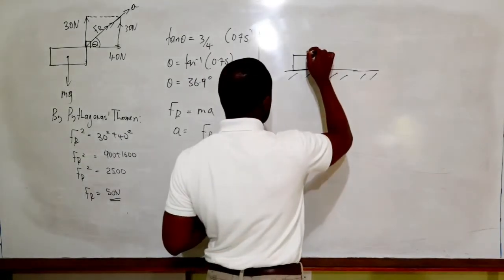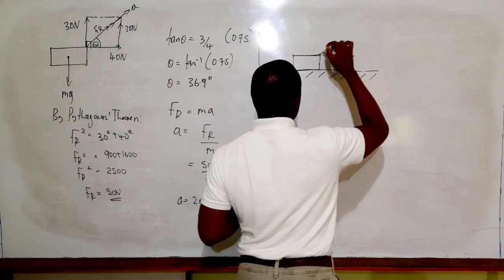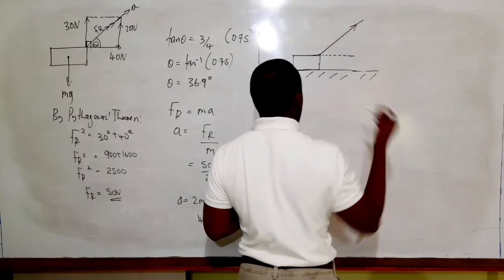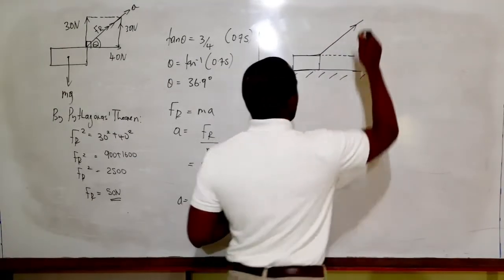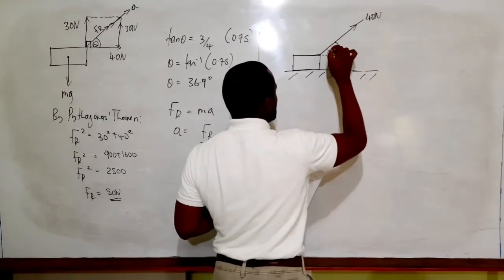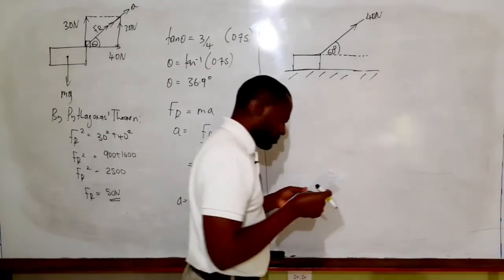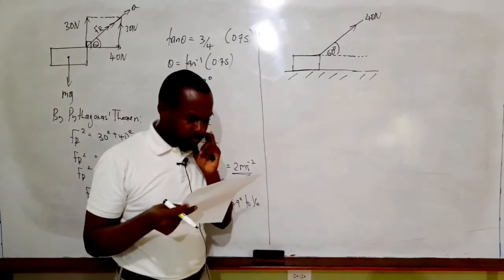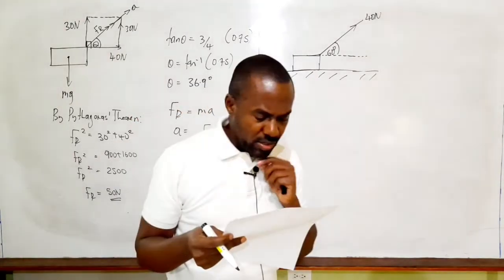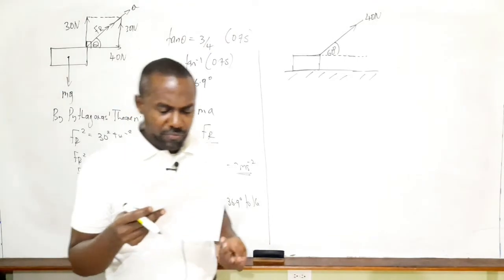So if this is the horizontal, then this force is acting at 60 degrees, and the magnitude of the force is 40 newtons. They want us to find the acceleration of the body and also the force the body exerts